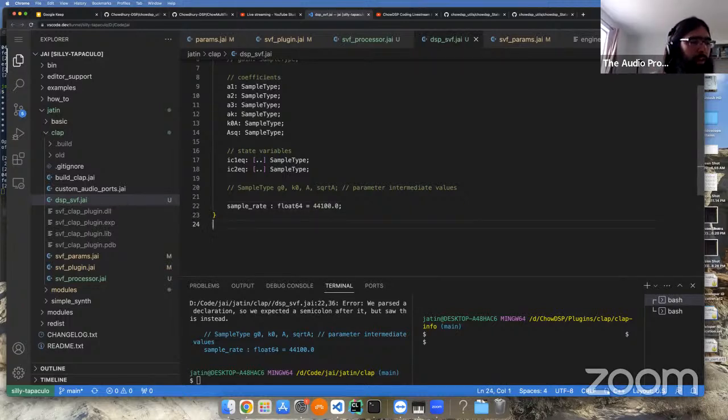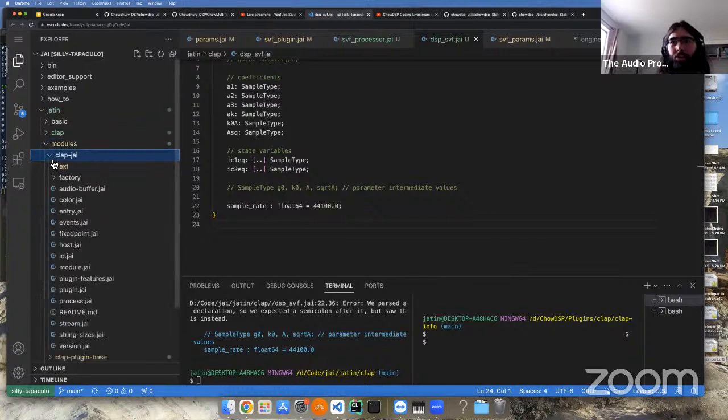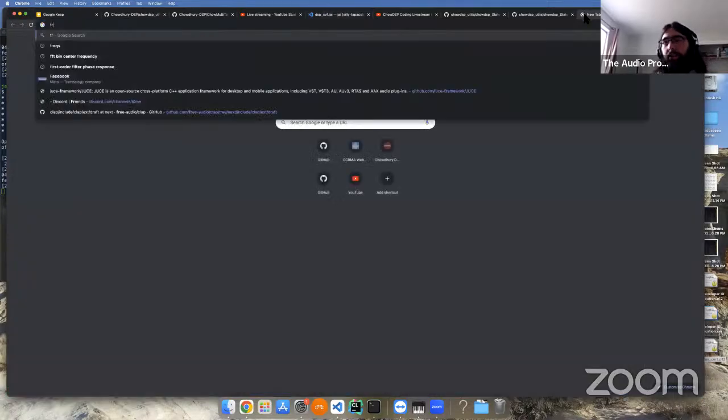Oh, okay, Jamie wants to know, how does the clap wrapper work, or interop support in general? Interop support in general, I'm not 100% sure how it works. The only thing I've done as far as interop with Jai is the clap wrapper, and that's just interop with C. So I can show you how interop with C works. Maybe with other languages, there's other things that you can do. But basically, it's actually really simple. So I'll show you guys